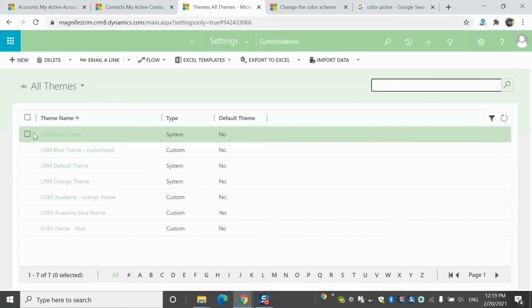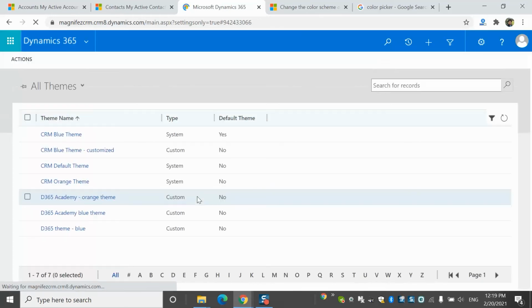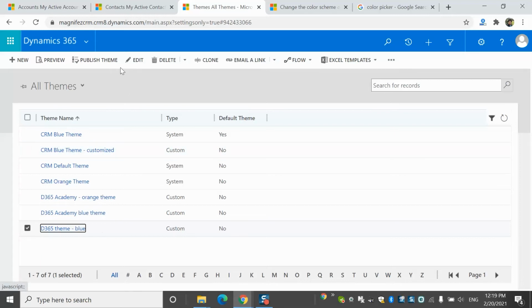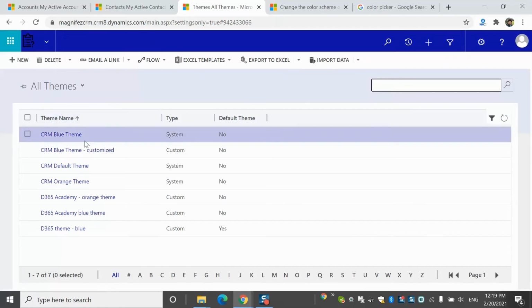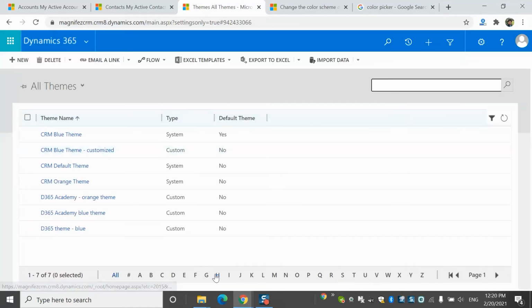Okay, everything got changed. So I'll just publish this again so that I get the other theme. Okay, so this is the one we just created. Let's try this one as well if I want to. Let's see what the difference is. Yeah, this is another one. Here is a logo. Tooltip is not given. Rest of the things are here, but I like this one, this blue theme. That is why I always use it. So that's how you can create a new theme from scratch.